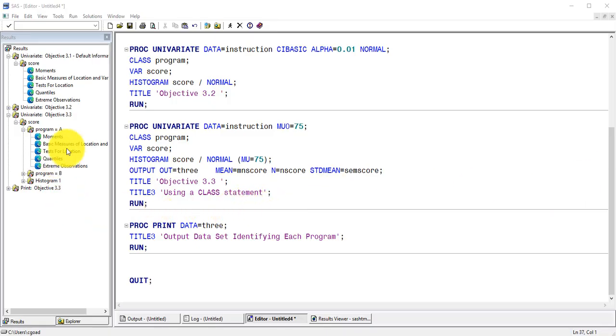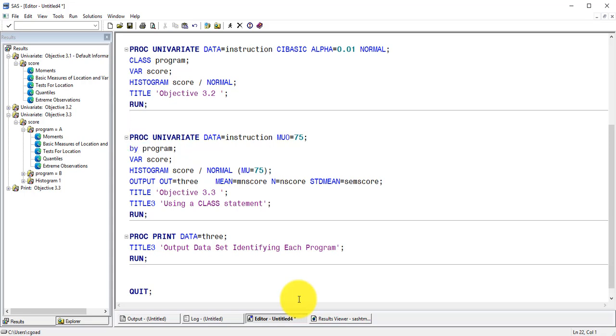Now, if we wanted to do this using a by statement here instead, you could do this by program, but prior to this you would have to be sure to sort the data instruction. You'd want to sort it by program to make certain things are in order. So that means then that this by statement is compatible with this by statement. It doesn't matter if it's ascending or descending, just so long as they're compatible statements. So if we change this to a by statement,